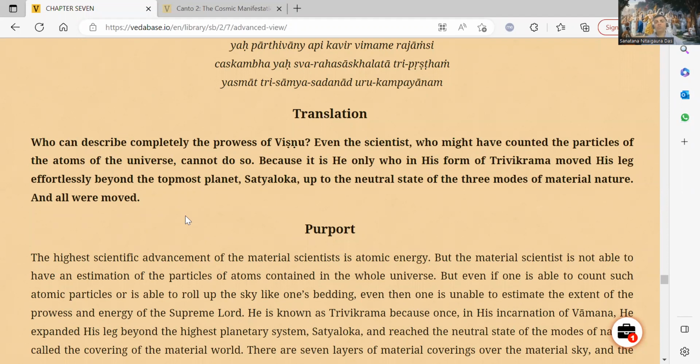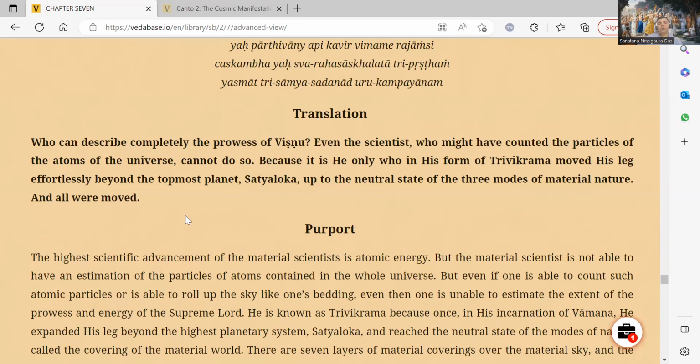Even the scientists who might have counted the particles of the atoms of the universe cannot do so, because it is he only who, in his form of Trivikrama, moved his leg effortlessly beyond the topmost planet, Satyaloka, up to the neutral state of the three modes of material nature, and all were moved. So this is the Vamana Avatara or the Trivikrama Avatara, where the Lord actually makes a hole in the outer covering of the universe, correct? So why is it mentioned? Because it's